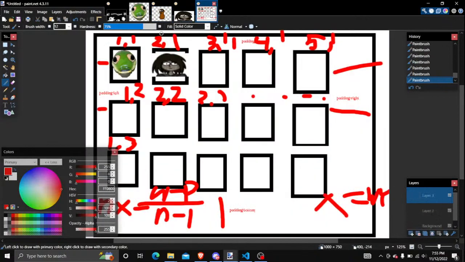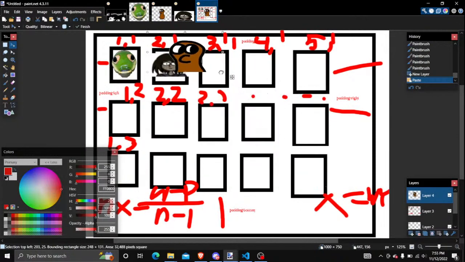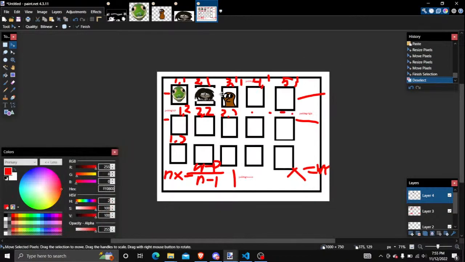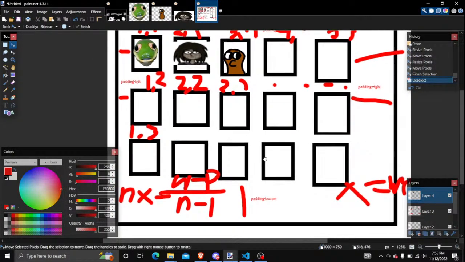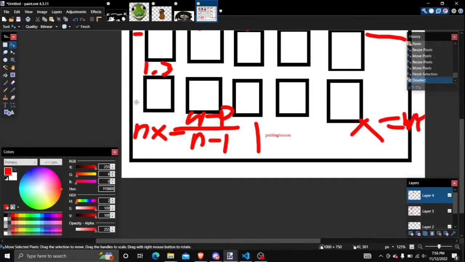I'll just throw this character in here because why not? The brown water peanut can have a tile. Anyway,